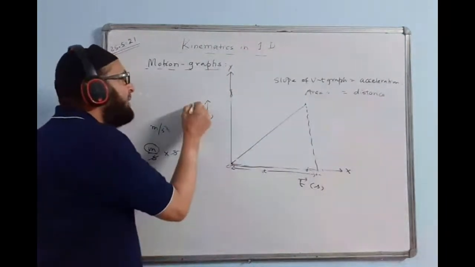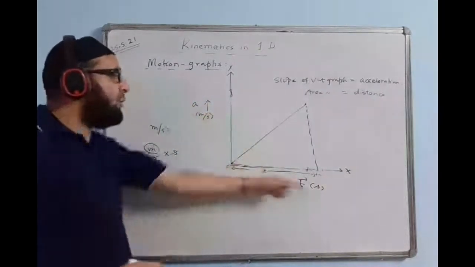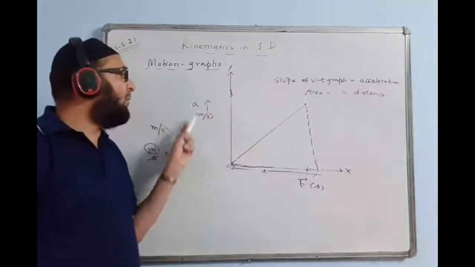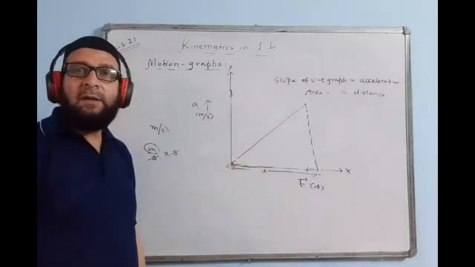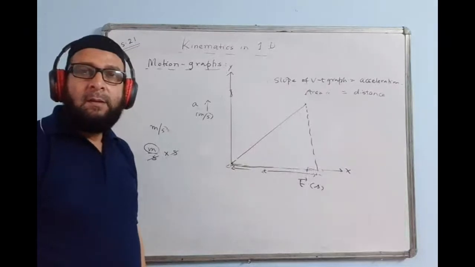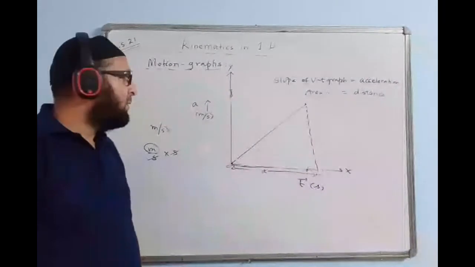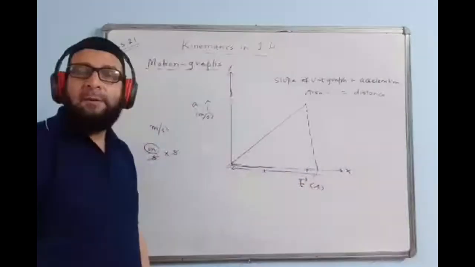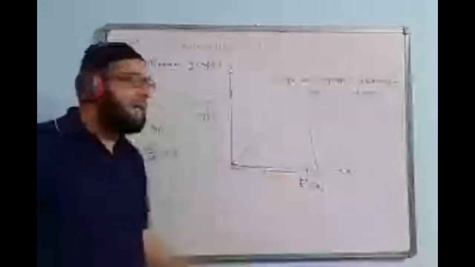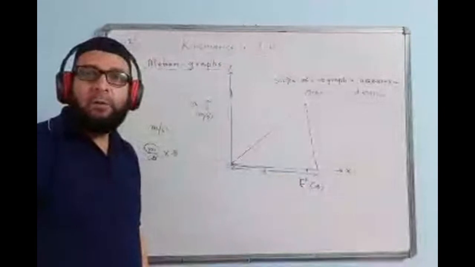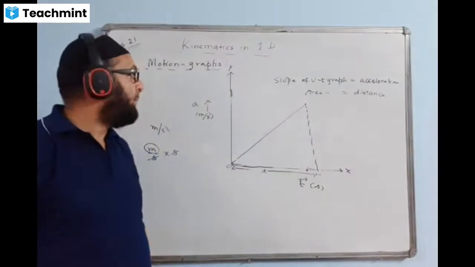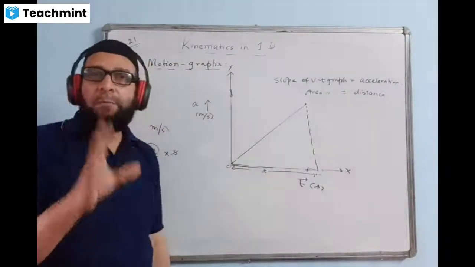Similarly, if it is an acceleration-time graph, meter per second square upon second. What will the slope determine? Slope means this divided by this, acceleration by time. Meter per second square by second becomes meter per second cube. Do we get anything? Okay, I'll just take one more minute. In the acceleration-time graph, slope gives us nothing.